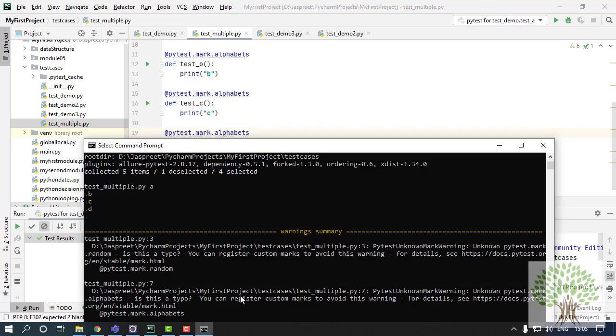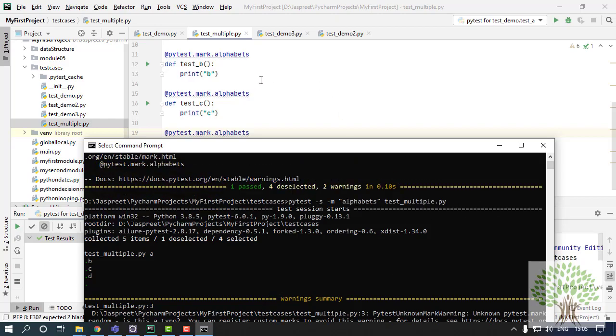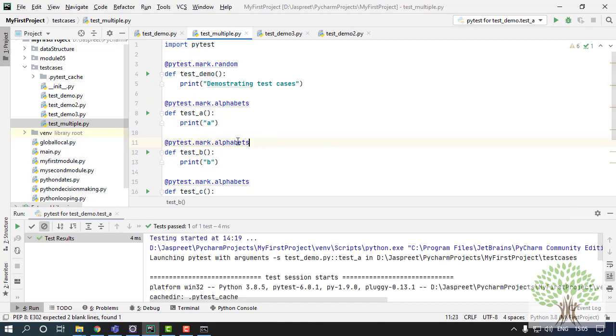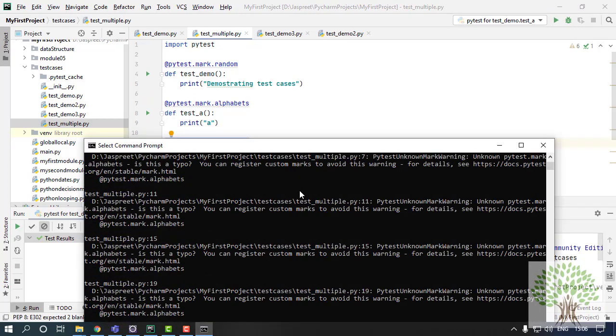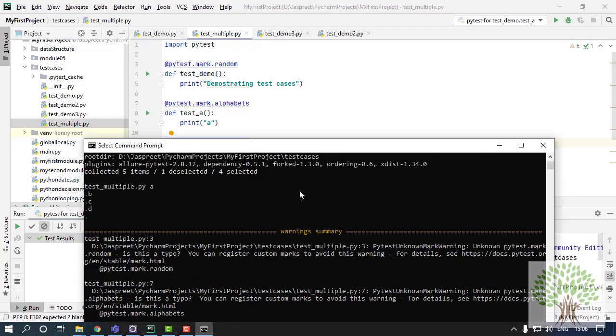Now this actually gives me a warning, because the marker that I'm using has been updated in the Python documents, but as of now it's not that clear what the actual way to give the group name is. So that's why I'm keeping the previous one which was earlier. So just ignore the warning that's coming up. It's not going to affect your program or code.